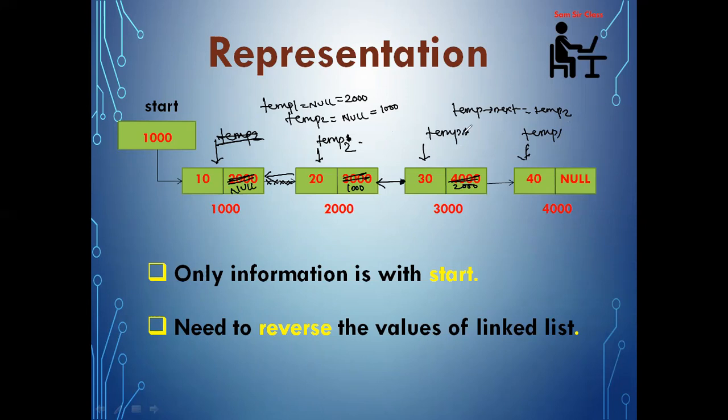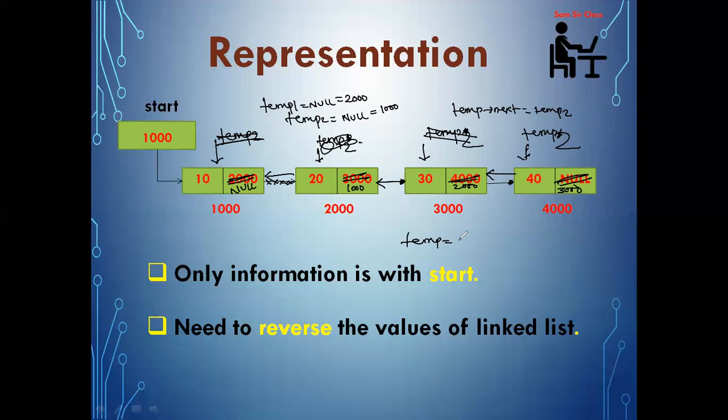And temp will become temp2. Temp1 will become temp next, and temp1 will become null, because temp1 equal to temp next. So temp1 is now null. But temp next will become temp2. So in place of null, I am keeping 3000. That is my temp2, so the link will be established like this. Done. After that, temp will become temp2 and temp will become null. Clear? Because that is my temp1. So my work is over. Clear? When my temp will become null, currently what is my temp?